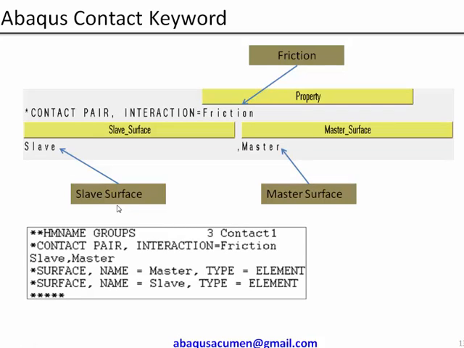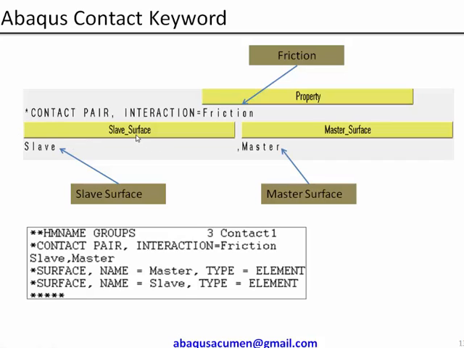Now let's get into Abaqus keyword wise. As I mentioned earlier, you have star contact pair, comma, interaction equal to friction. This is mainly a frictional property. You have to give a frictional property, whether it is a frictionless surface, or a sticking surface, or in between frictionless and sticking. Based on your coefficient of friction, the solver is going to calculate the frictional force, which is a sliding force acting between the two contact bodies perpendicular to the normal force.